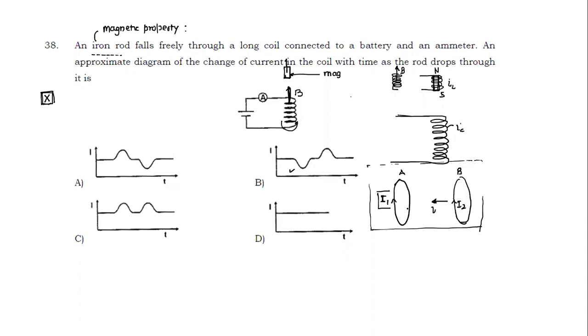So why will the current decrease? Who said the current will decrease? Abhirup, you said the current will decrease. Can you tell me why the current will increase or decrease, and how? Sir, if coil B is moving closer, the flux in coil A will increase. So the current in coil A will decrease because the flux has to decrease. It will oppose the change, right? Because flux is increasing, it has to oppose, so the flux has to decrease.